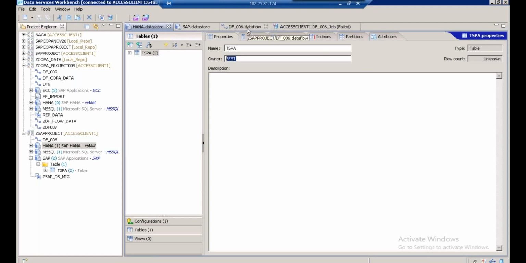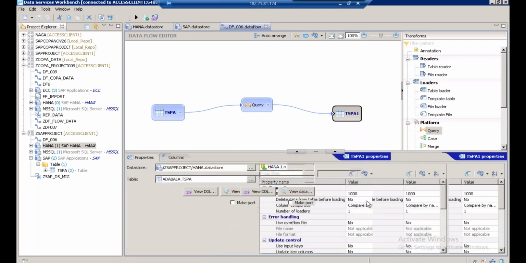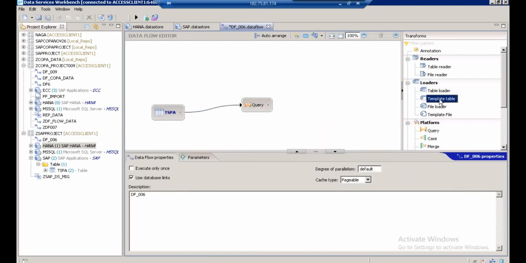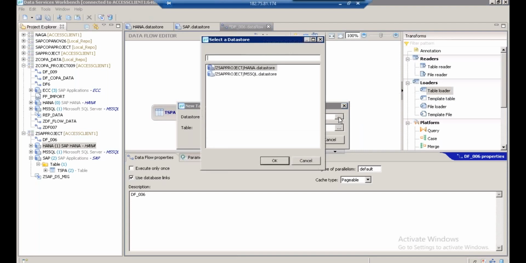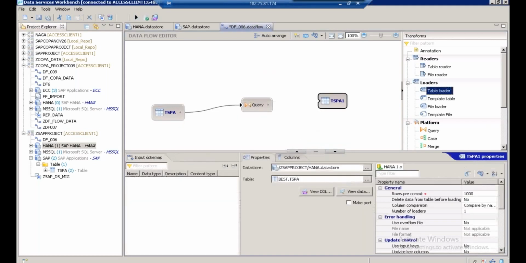Let me go back to the data flow. Now let me change the target table. Let us right click on the table, delete the table. Let us drag and drop the table loader again. Click on data store. Select HANA. Click OK. Click on table. Select TSPA. Click OK and click OK. And once this is done, link query to TSPA